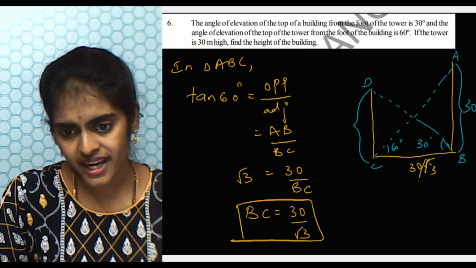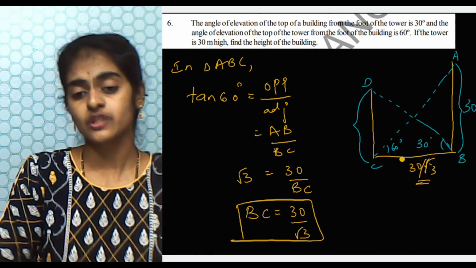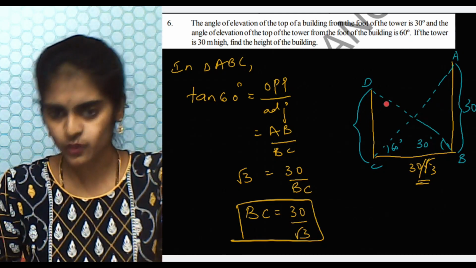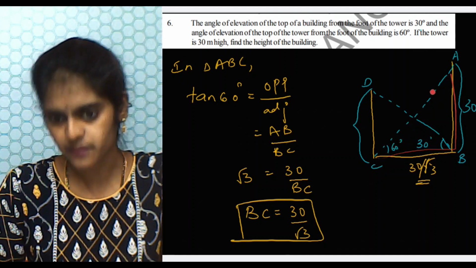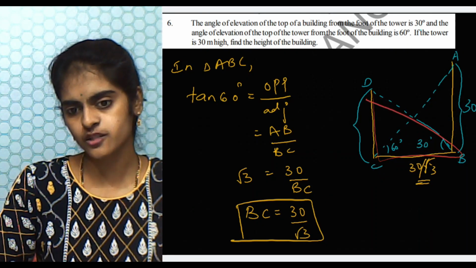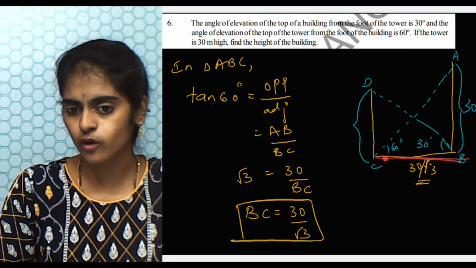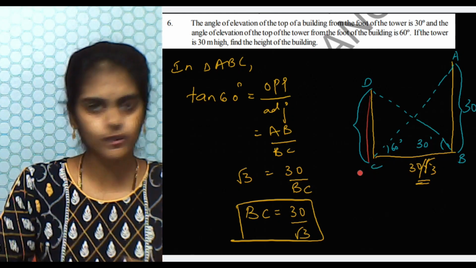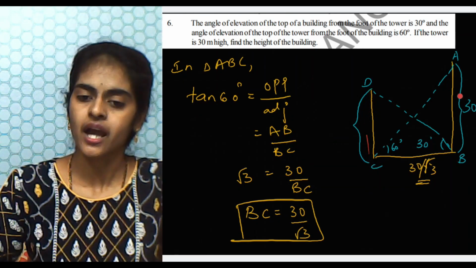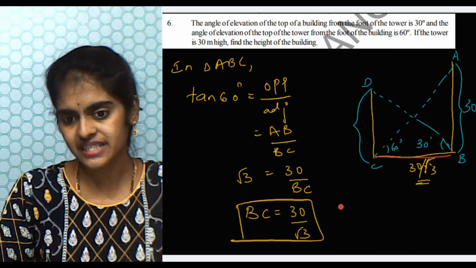So why are we taking the tan value? Did you ever get the doubt? Here you can see these two triangles, triangle BCD and triangle ACB. In these two triangles, what is common? BC is common. And you have to find CD. You don't know what CD is, but you know what AB is, and BC is common.